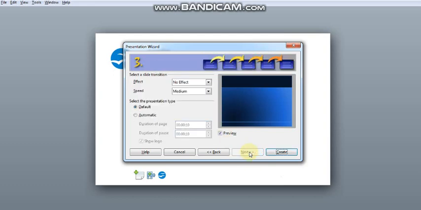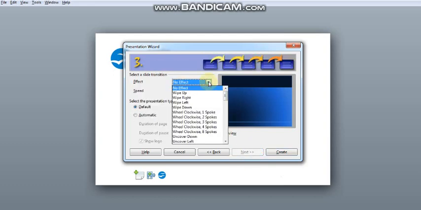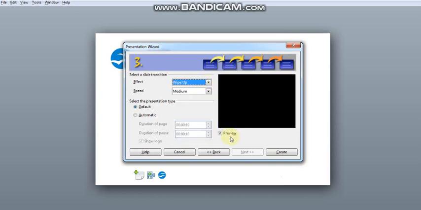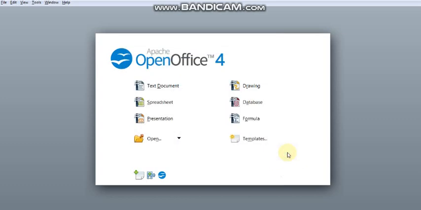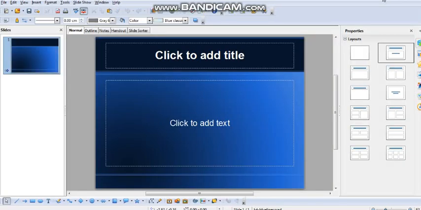Click on Next, and if you want to add some effect, you can add the effect, or it will look like this, and click on Create.